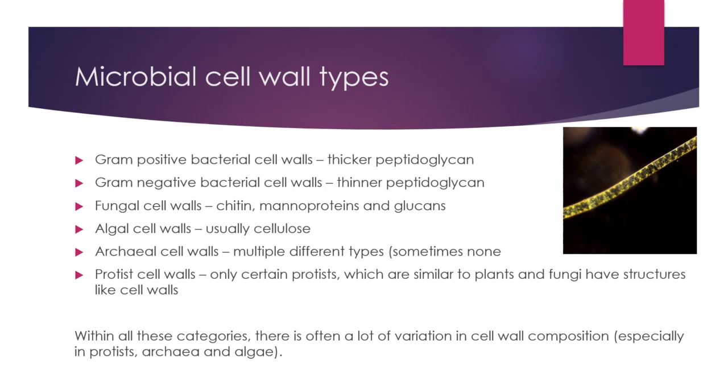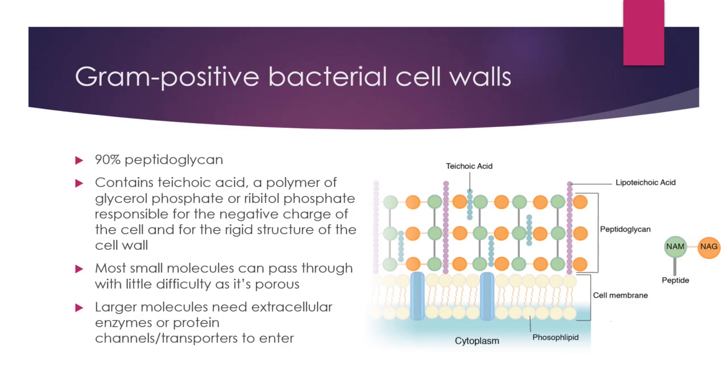Usually, polysaccharides with varying functions. However, some cell walls aren't primarily made up of polysaccharides, such as diatom or some archaeal cell walls. We'll start off with gram-positive bacterial cell walls, which can be up to 90% peptidoglycan in a layer